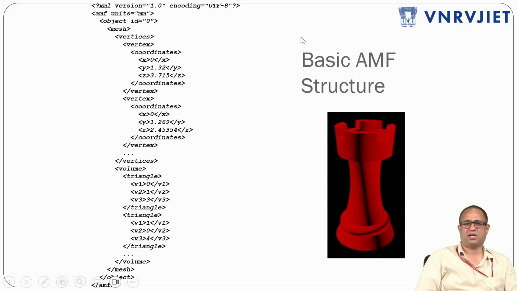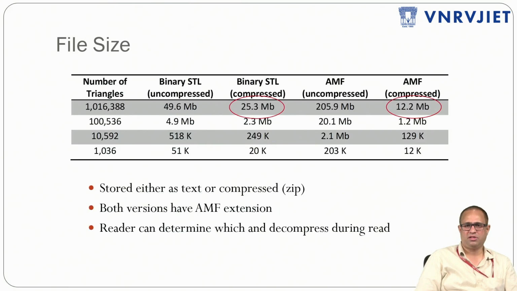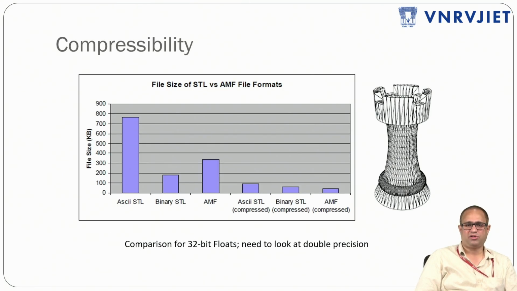This is the basic structure of the AMF file, and we are going to see the syntax here. In this AMF file, we can define the color, we can define the metal properties, etc. So all these issues we can solve in this AMF file. As you can see here,